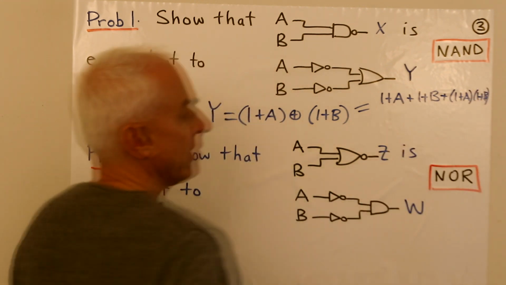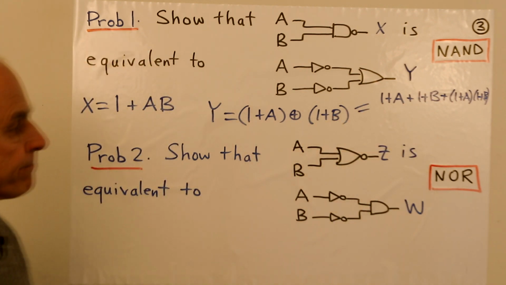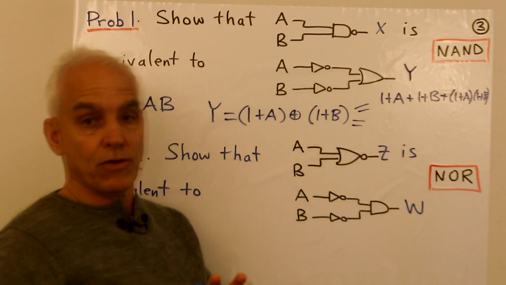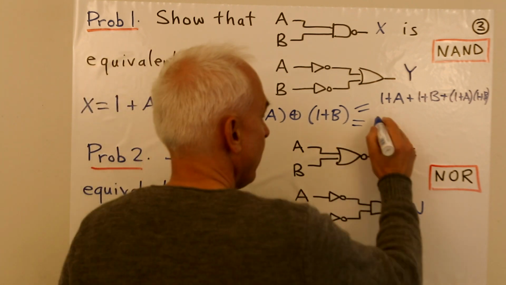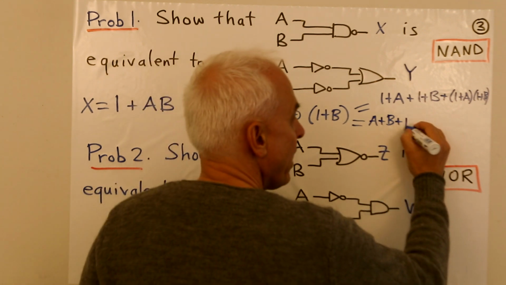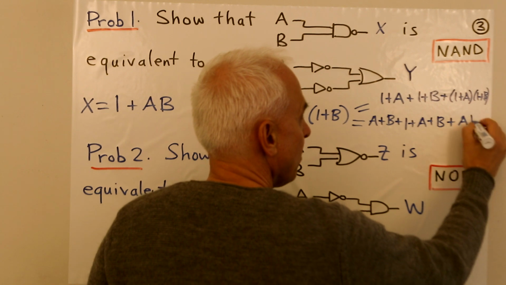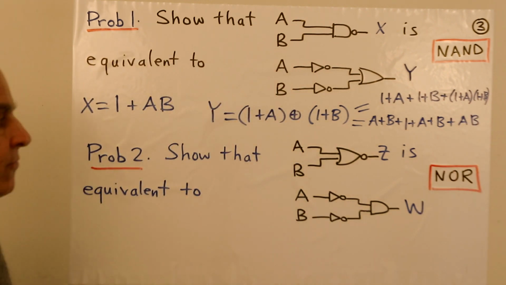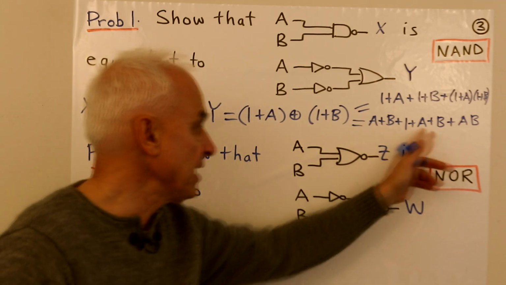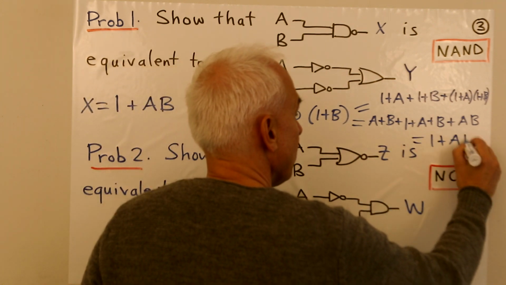Okay, squeeze that in there. The first one plus the second one plus the product. Okay, what do we get when we expand that out? Well, the 1 plus 1 is 0. We get an A plus B. And when we expand this out, what do we get? We get a 1 plus A plus B plus AB. And the A's, there's 2 of them, they cancel. The B's, there's 2 of them, they cancel. We're left with just 1 plus AB.